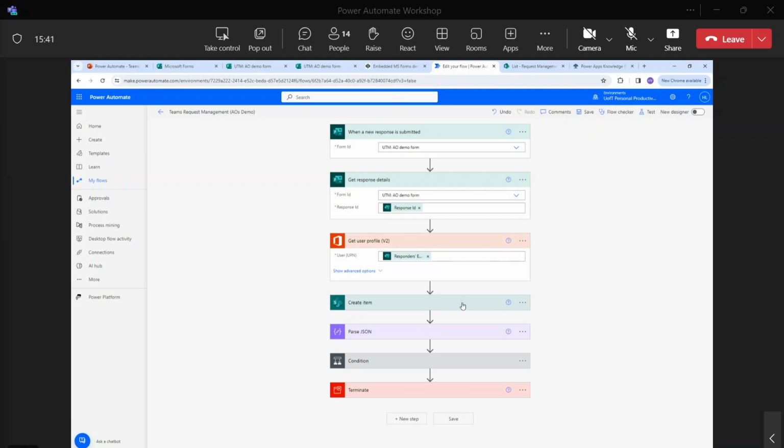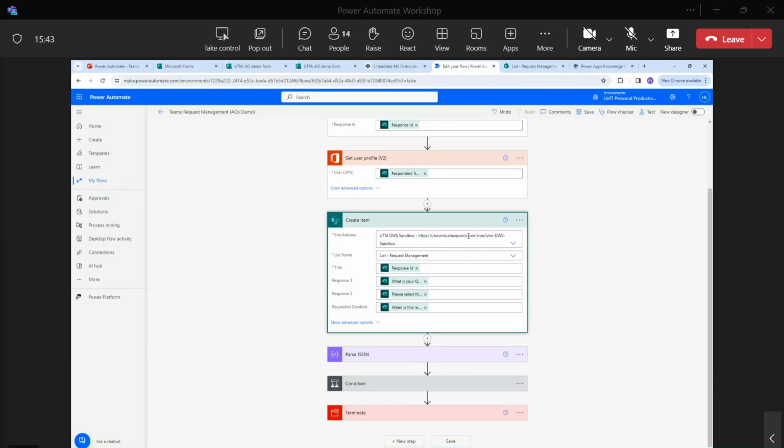Now we get to some of the more powerful stuff. We want to get the form submission out of the form owner's space and into perhaps a shared space that the team has access to, as well as the form owner. Because sometimes you want to create a form, you're perhaps the administrator for that website, or